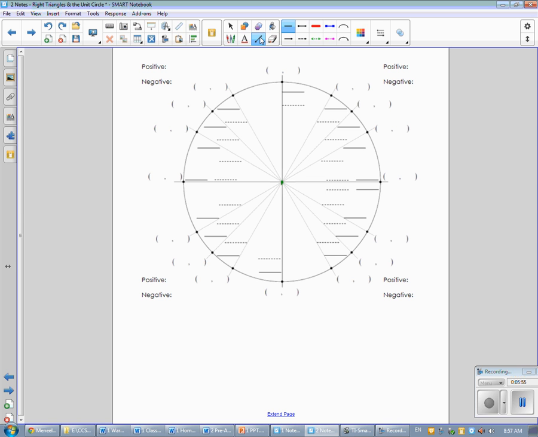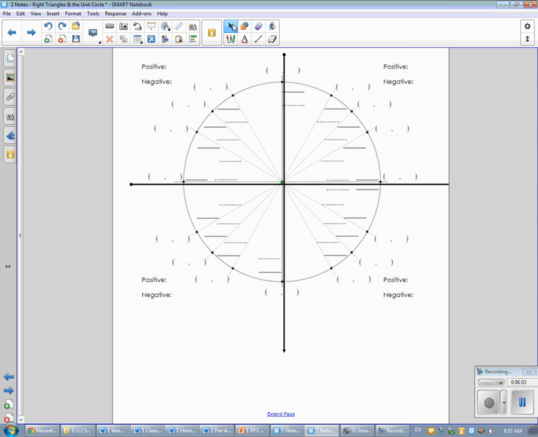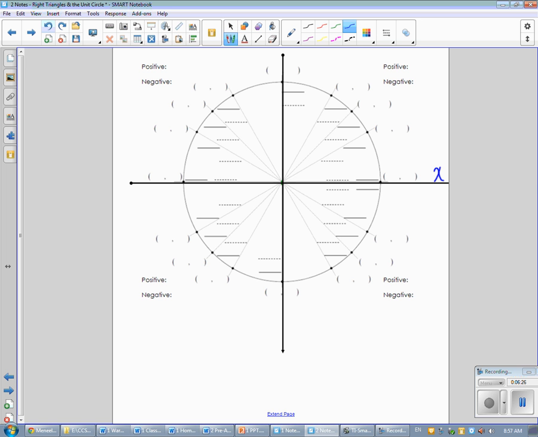If I have my x-axis here and my y-axis here, sorry, it looks like that's a little bit off. I didn't mean to make that disappear. There we go. And I'll make this go up a little bit. Okay, so if I take a circle and I plot it on the x and y axis, so this is my x-axis, this is my y-axis,